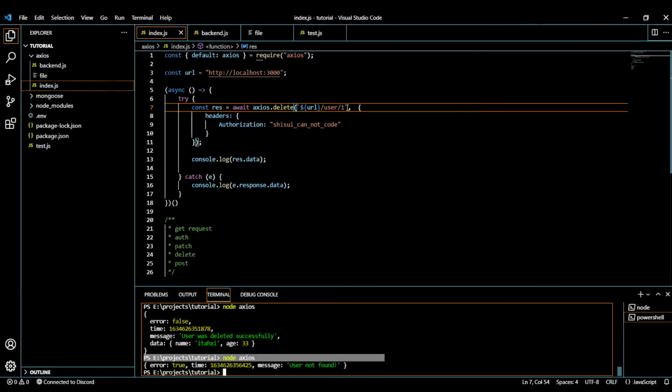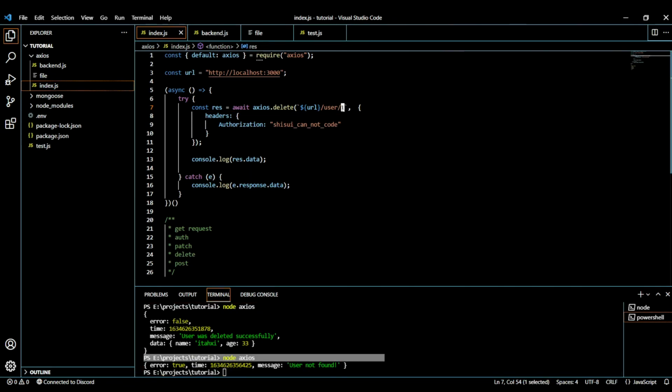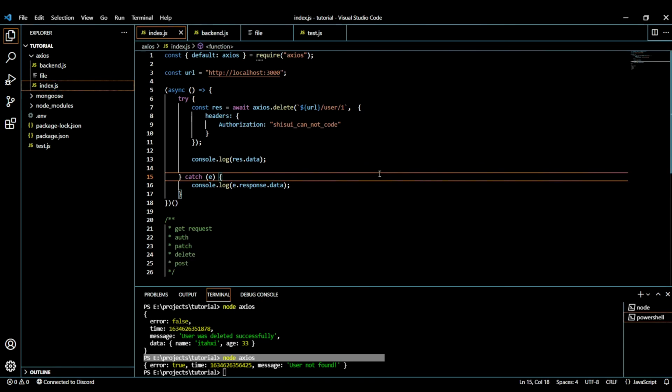And now the user is not found because we already deleted the user. I guess our whole thing is done, and now you can use it. And if you cannot use it, I mean, here it refers to Axios. I'm really sorry for being confused while recording. It is because I'm still a beginner. But anyway, if you need any help, message me on Discord. I would love to help you. Thanks a lot for watching, and bye.